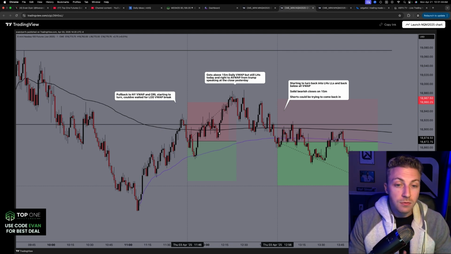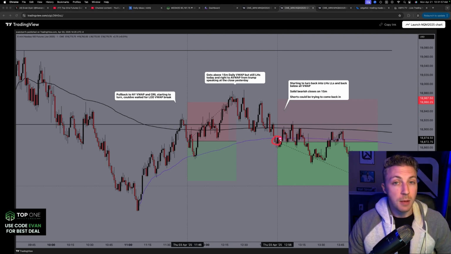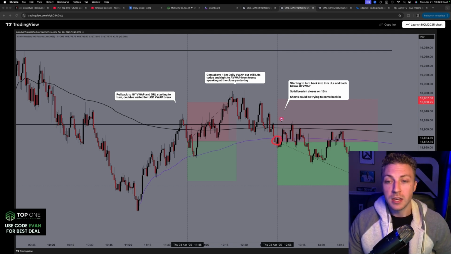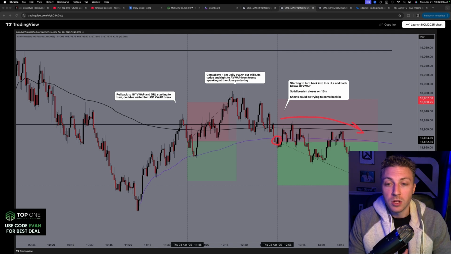I'd rather it be falling if I'm looking for shorts. It's not the worst that it's flat. It'd be way worse if it was moving higher and I'm looking for shorts. But I still do not want it to be flat if I'm looking for trend continuation shorts. And then you go over here to the lower day VWAP break when sellers finally do step back in. Still arguably flat, so it's really not a great trade, but then it doesn't really start arching down until it's ready to go, and it does pop lower. So it's really just tough to time when it's going to pop, because the New York VWAP is just really flat.